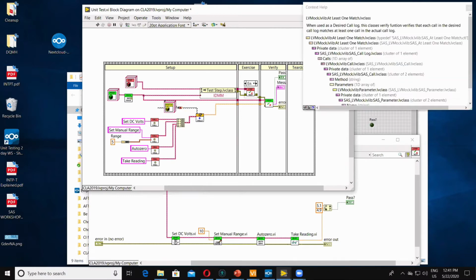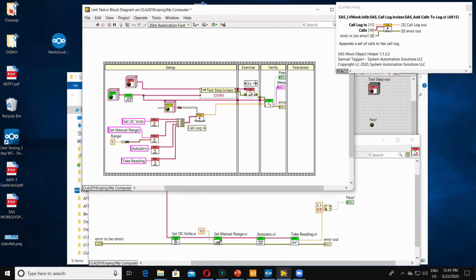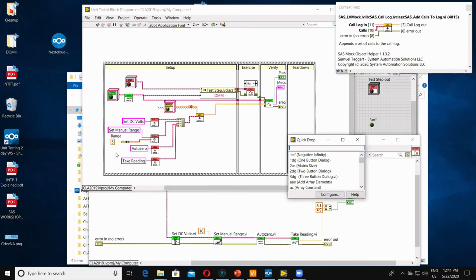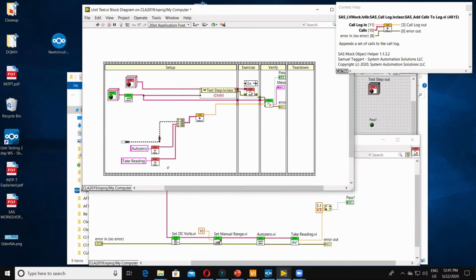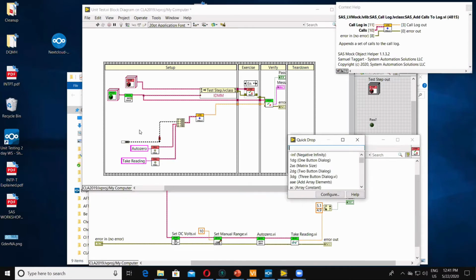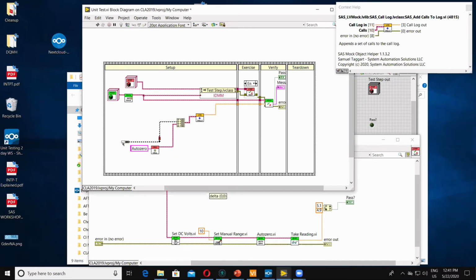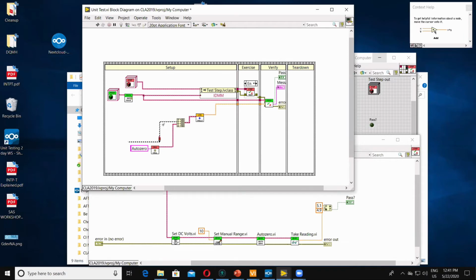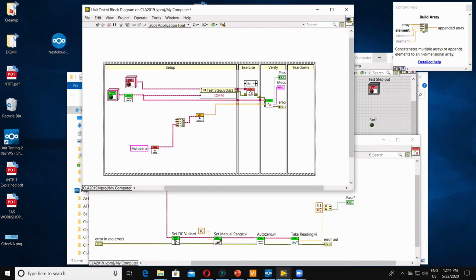So what this will do is, let's just say I just wanted to make sure that the auto 0 is called, right? For example, all I cared about was the auto 0. Oops, I deleted my constant there.